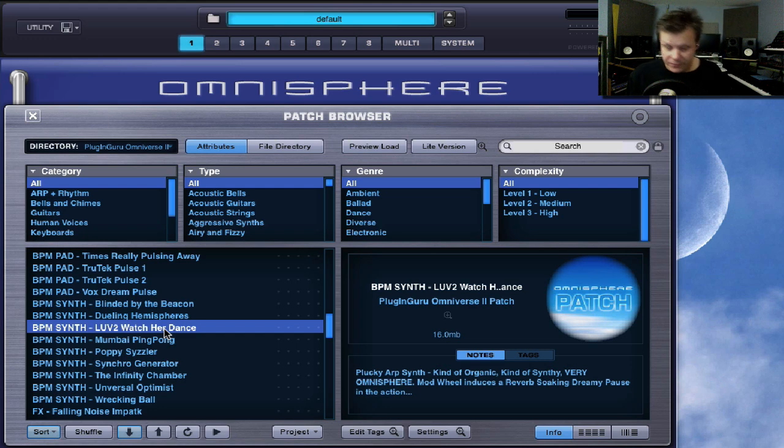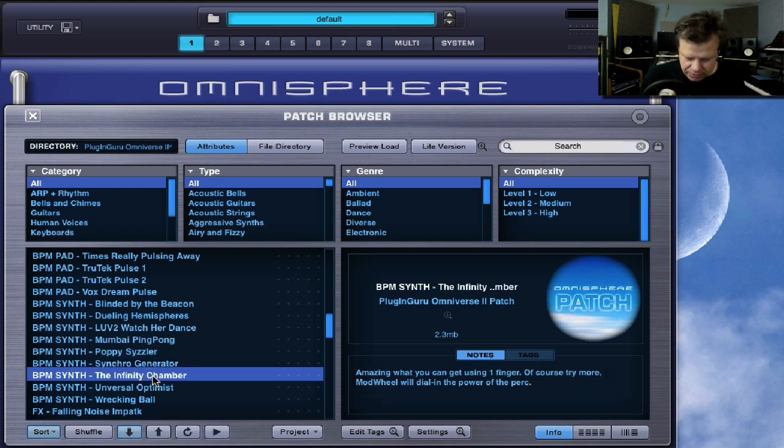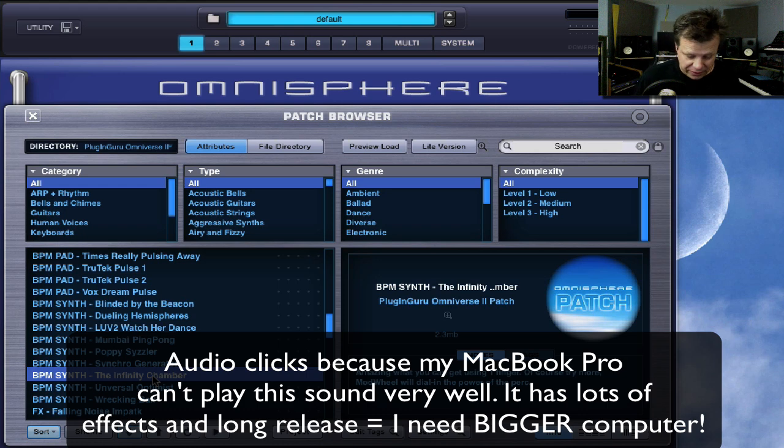Love to Watch Her Dance is one of the early patches I made for the library. Love this one. There's Moon by Ping Pong, Poppy Sizzler, Synchro Generator's cool. Kind of far away, and it's cool like that. Infinity Chamber. This will take your computer down, so be careful with this one, because